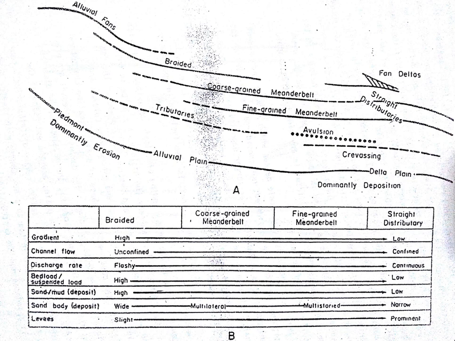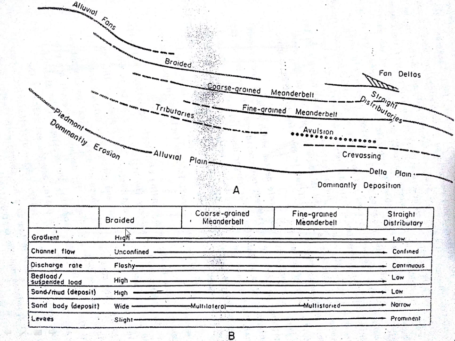Now see this graph, here you can see complete spectrum of fluvial system, starting with alluvial fan on the top, then it becomes a braided river, coarse grained meandering river system, then fine grained meandering river system, and finally delta distributary channels. And the same thing is shown here in the form of different parameters. If you see, the parameters are varying from left to right, and the spectrum shown here is starting with braided rivers, then comes coarse grained meandering belt system, fine grained meandering belt system, and delta distributary channels on extreme right hand side. So you can compare these different parameters.